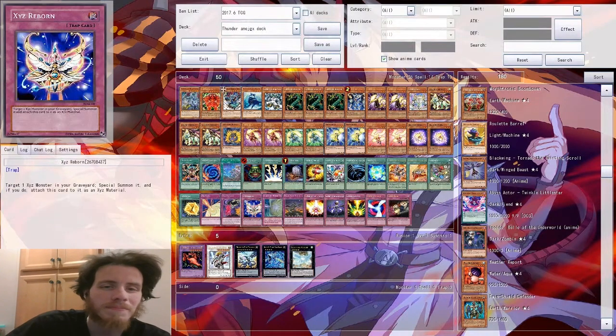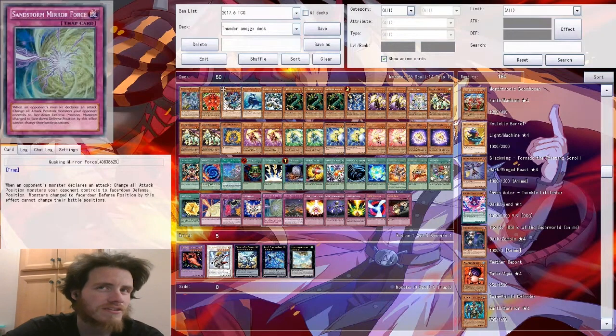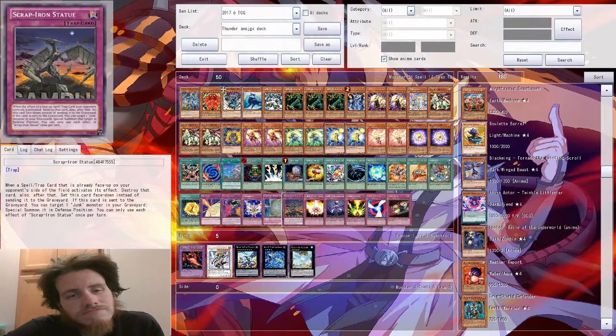Nice. This is Xyz Reborn, that'd be strong, specifically all 3 of my Xyzs. I was wondering why he played Thunder Dragon other than the fact it's a Thunder type, because he doesn't run any normals. Of course. And that explains it. Sample card, as you can see clearly, there's like a sample Iron Statue there. Yeah, it's a sample, but still, it's a useful card, and it can get me out of tight spots,